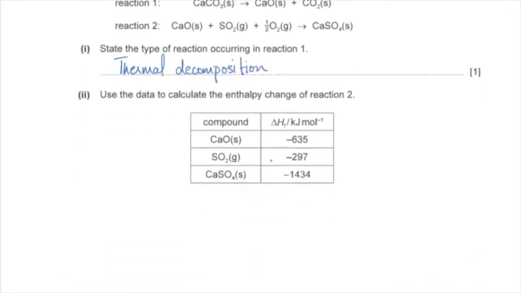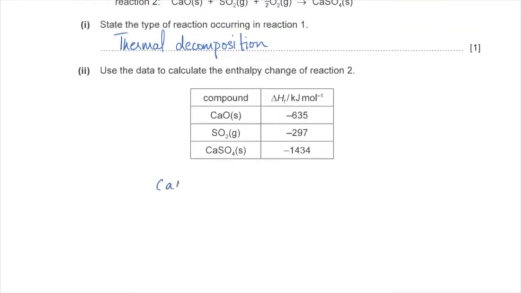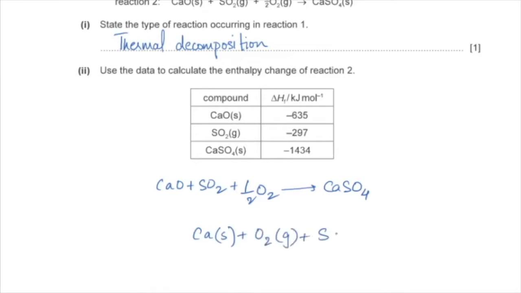Part 2, use the data to calculate the enthalpy change of reaction 2. So reaction 2 is calcium oxide plus sulfur dioxide plus half a mole of oxygen gas, which gives us calcium sulfate. Now that we are given the enthalpy change of formation values, we can write all elements in their standard states down here, because that's how formation of all these substances is possible. So calcium in its standard state, plus oxygen gas in its standard state, as well as sulfur in its standard